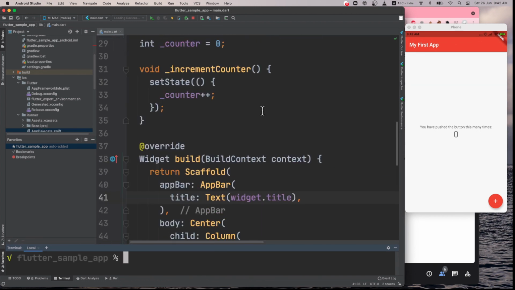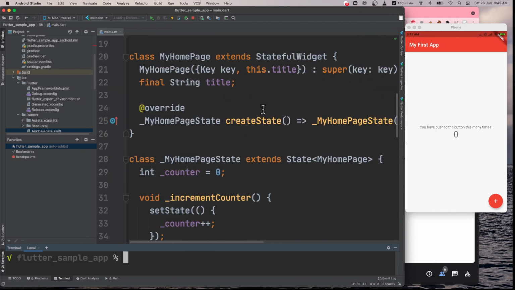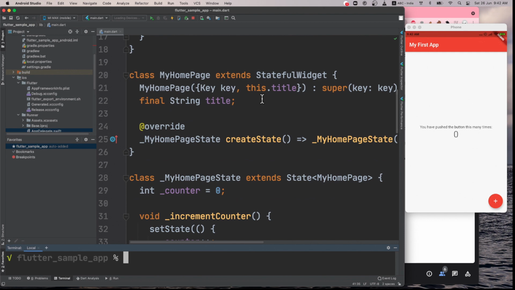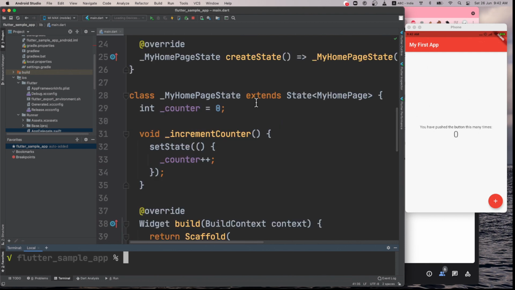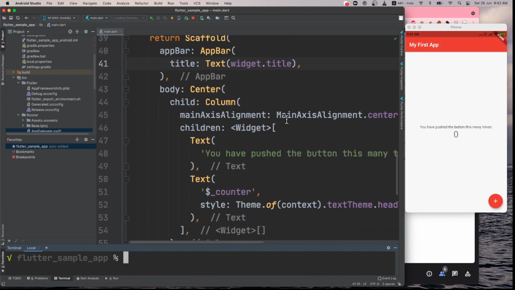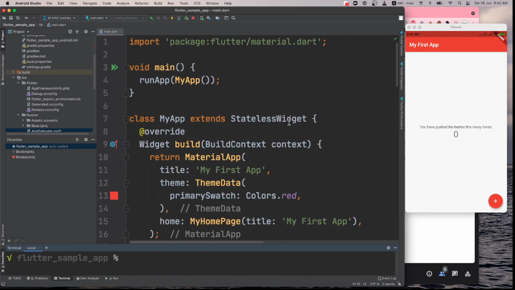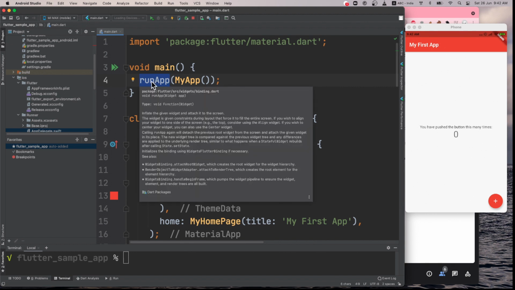Now we'll come back to this and we'll build our own classes here. So in this, for the home page, I will, yeah. Okay, this runApp is provided by Flutter, so it comes with the Flutter SDK.